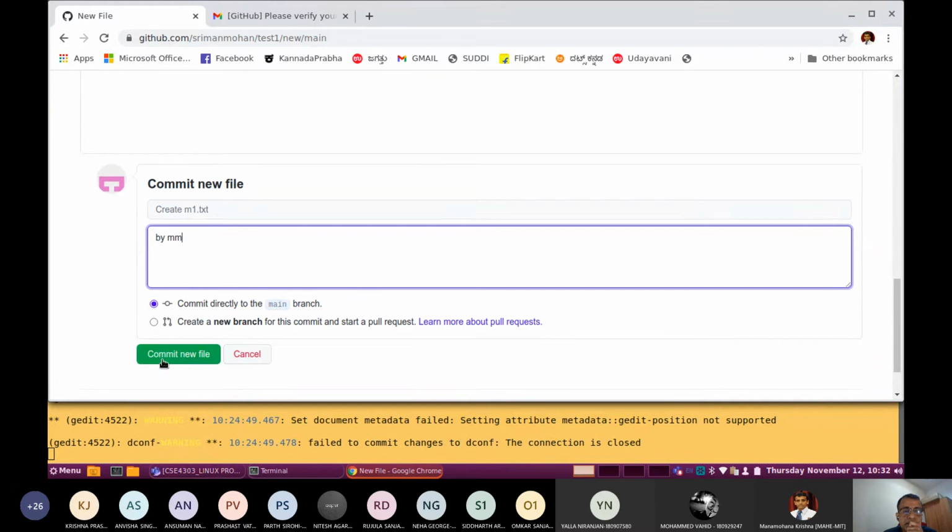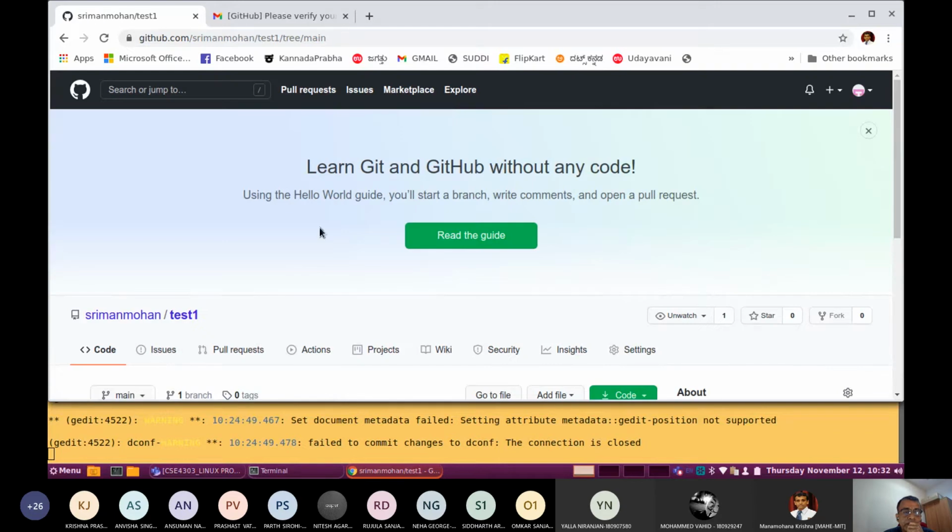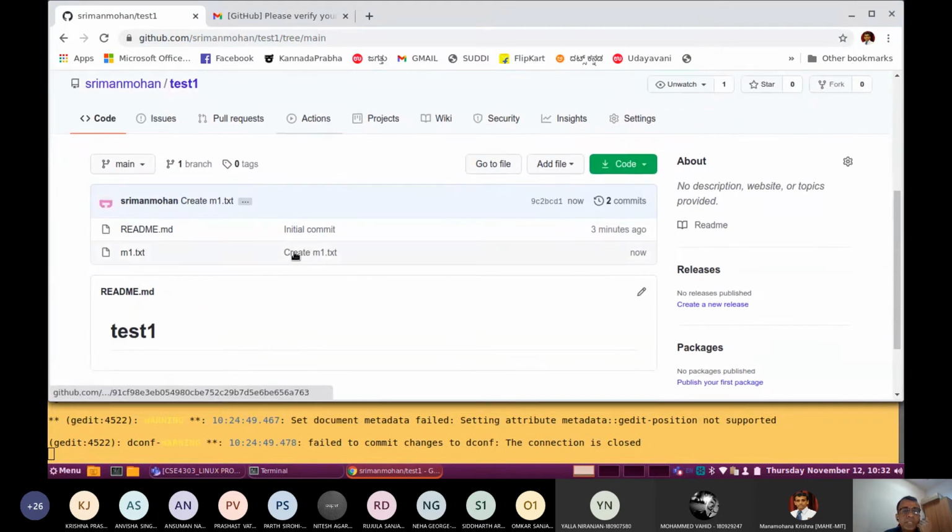You can commit this particular content to the main branch. So you created one file and you committed that file. Now you can notice here in the main branch, there is a file and it is already committed. The commit message is create m1.txt.